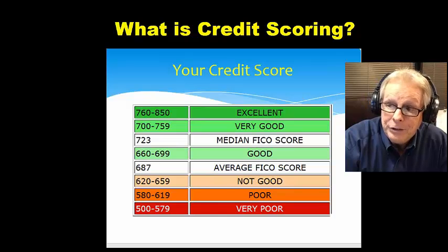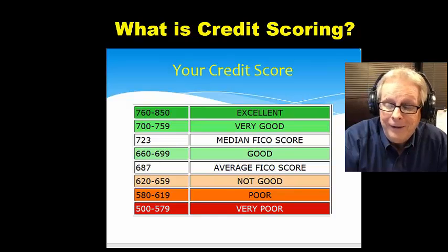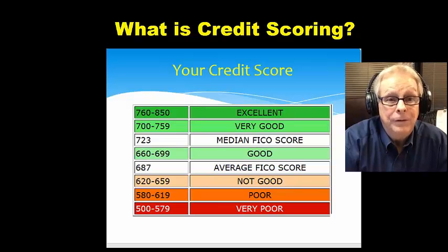Now, on this chart, it says from 620 to 659 is not good. Well, again, beauty's in the eye of the beholder. 580 to 619 is poor. And then finally, 500 to 579 is very poor. And what we're going to find here is that this scale is inconsistent with the way that the mortgage credit criteria is for some of the